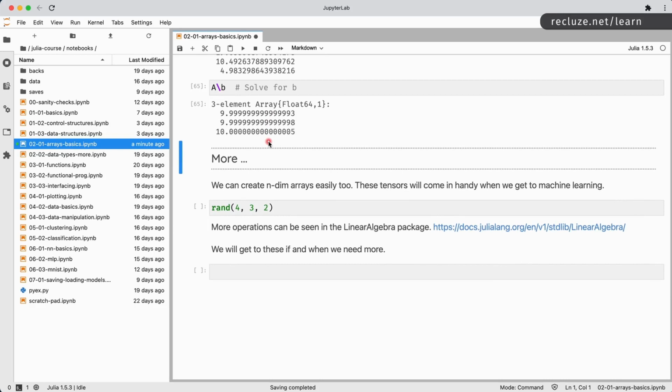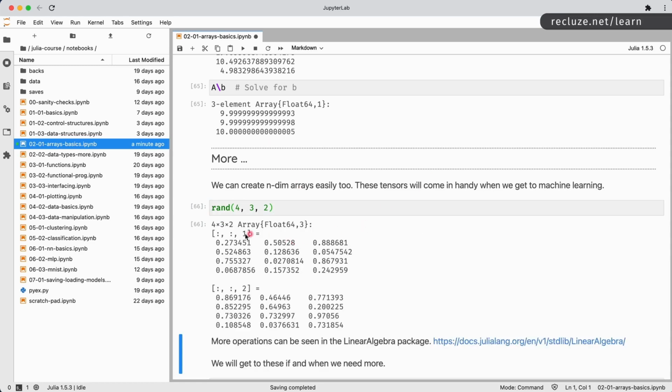Finally, we've seen a two-dimensional array, but you can go ahead and convert these into tensors, which are larger dimensional matrices, so to say. So you can have a row, comma, column, comma, depth, comma, something else, right? So you can have a four-dimensional array as well. So now this is a 4 into 3 into 2 array.